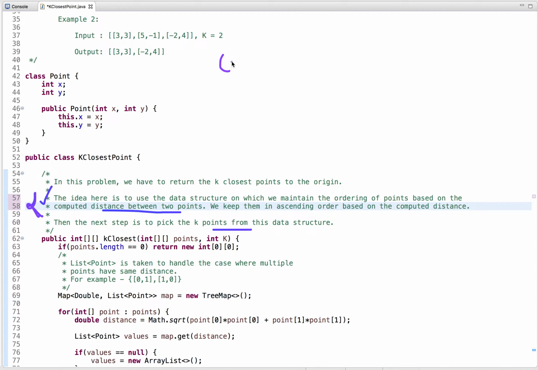So the first point is origin, which is 0 0, it is x1 y1, and the second point is this, let's say. And when we calculate the distance between this point and this point, so I already explained, we have to do the square root of x2 square plus y2 square. Now it is 18, so the distance is 4.24. And now let's assume we use some data structure where I keep the distance as key and list of